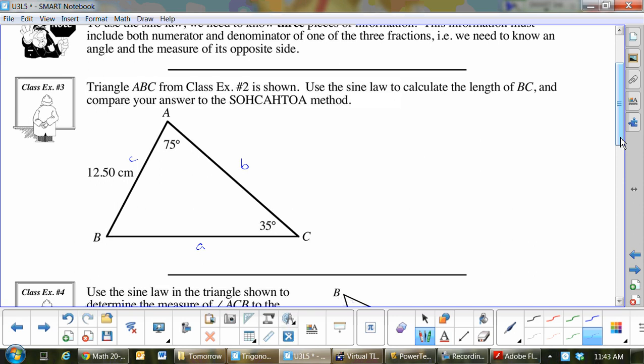Yeah, every triangle adds up to 180. Every single one, okay? So to find angle B, you just go 180 minus 75 minus 35. And what do we get? 70. And I'll be honest, we don't need it for this one. But I'll tell you, do that first all the time. Get anything that you possibly can, and then you're probably going to find that little piece of information that's missing,